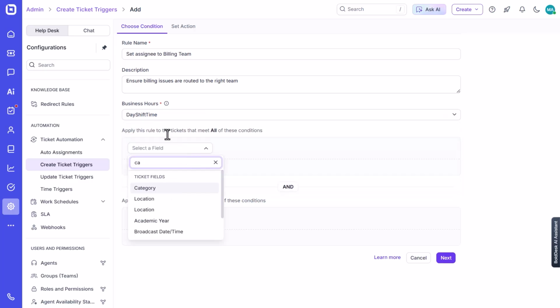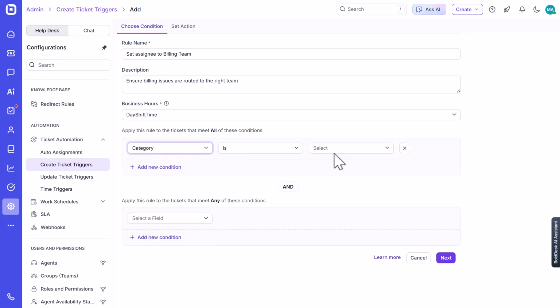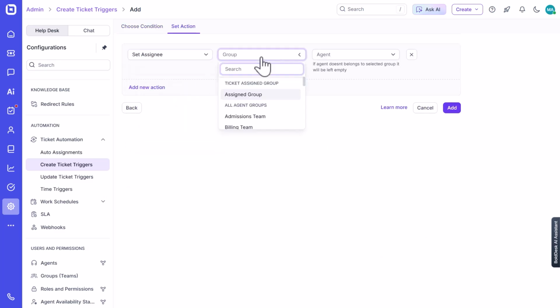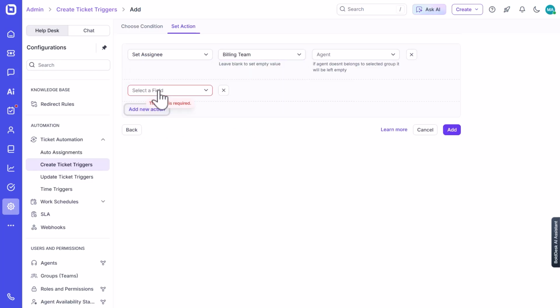Next, I'll set the conditions like category to be billing. You can set multiple conditions for accuracy in this case using the AND conditions. Then I'll proceed by clicking the next button to set actions. Based on the conditions, tickets that meet the criterion should be assigned to the billing team and tagged as billing